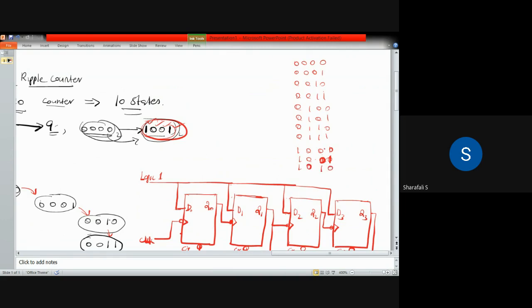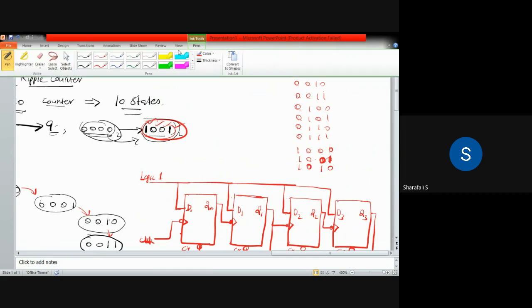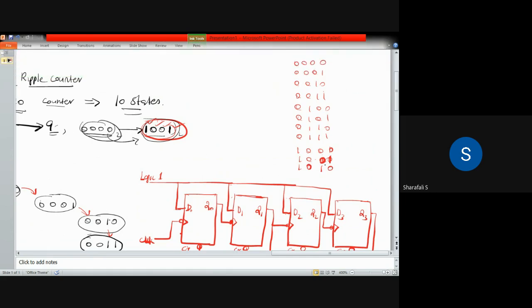So as you can see from here, if you look at these Q3 values and Q1 values, this is your Q3 and this is your Q1, and this is at 10, which means at the 11th state the number is equal to 10. Only in this state we are having Q3 equal to 0 as well as Q1 equal to 0, for all other states, if you consider,